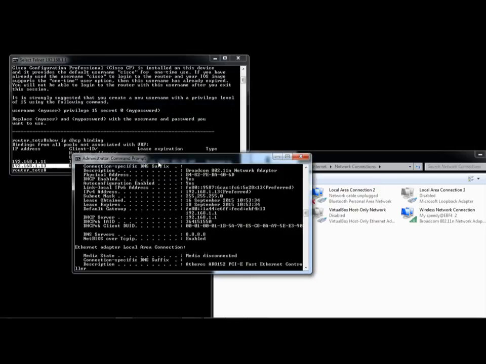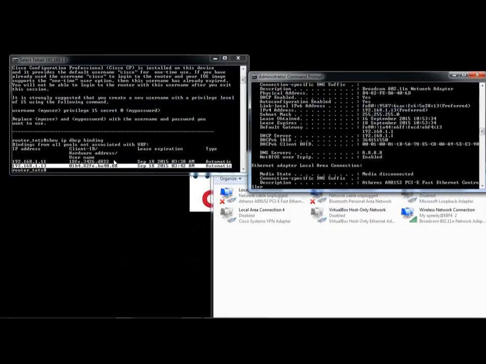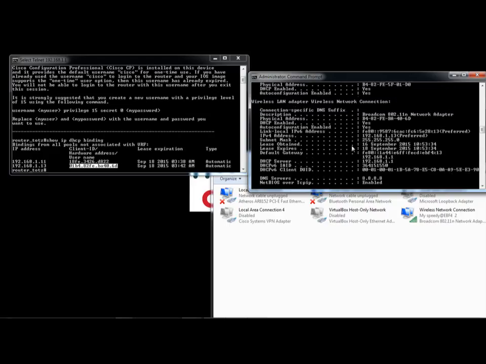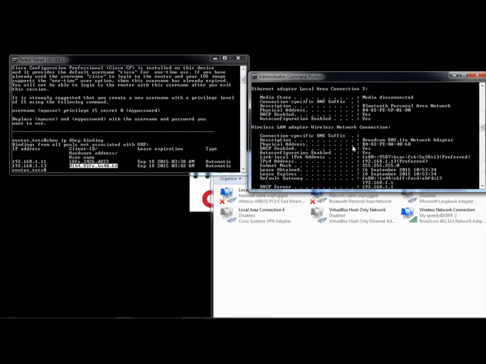And the MAC address that the client used to register to you ends with 6d.